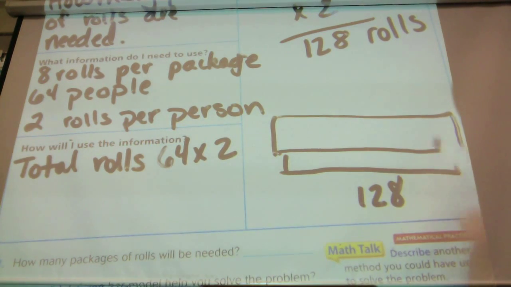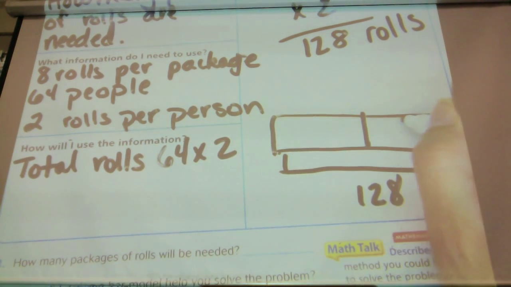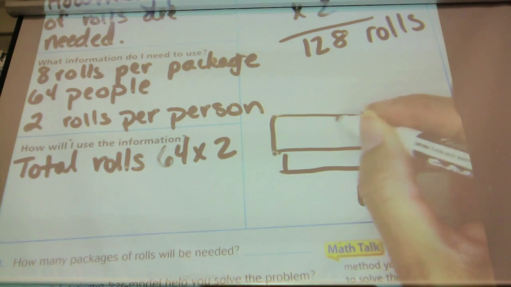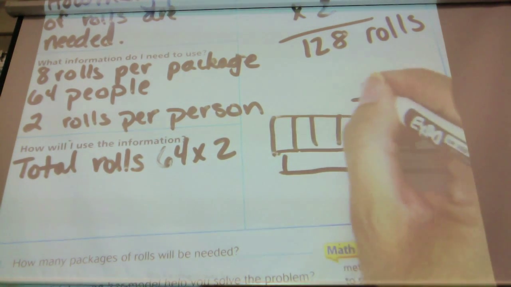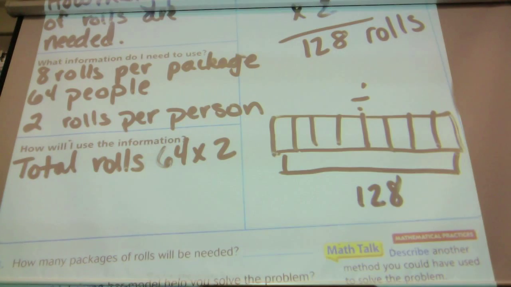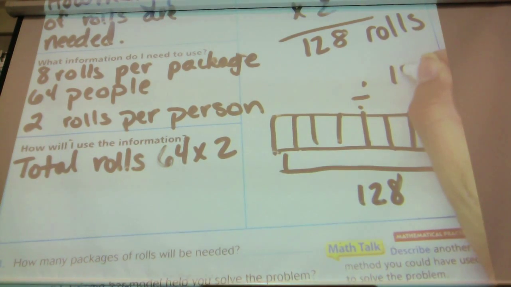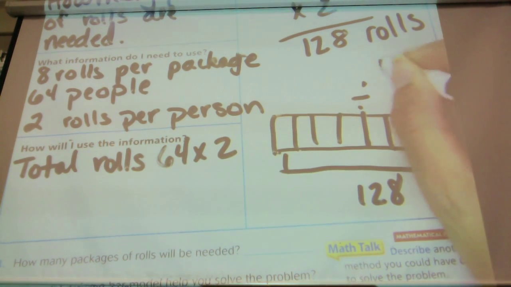I can divide this into 8 groups this way. Then what am I doing? What math function am I going to do to figure out what goes in each one of those boxes? I'm going to divide. What numbers am I going to divide? 128 divided by